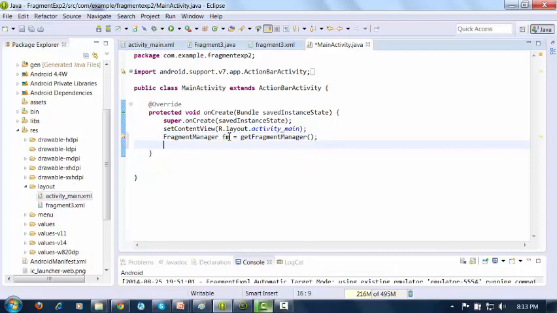Okay, as I told, if you want to perform any transactions, if you want to add a fragment, or delete a fragment, or replace a fragment, all these facilities are present in fragments. I have explained this in my first tutorial about fragments. You can add a fragment, remove a fragment, or replace a fragment. Now if you want to perform all those actions, then you should have one more option,